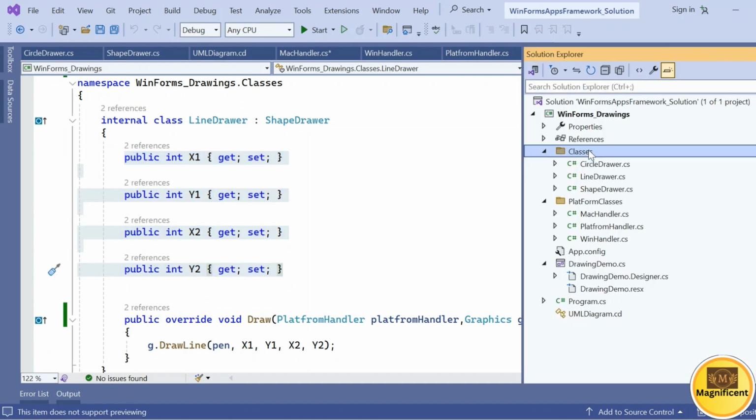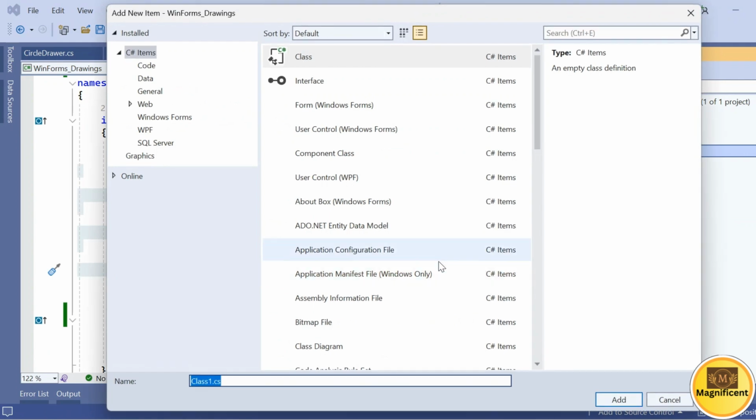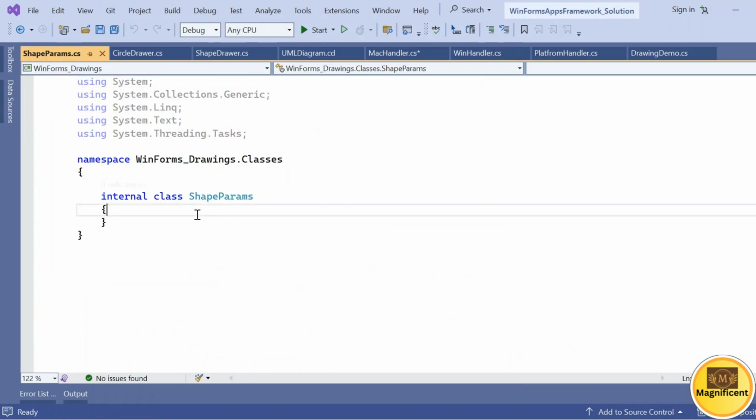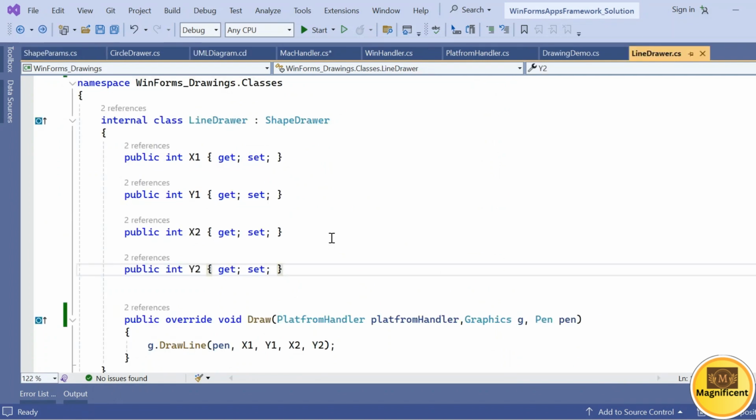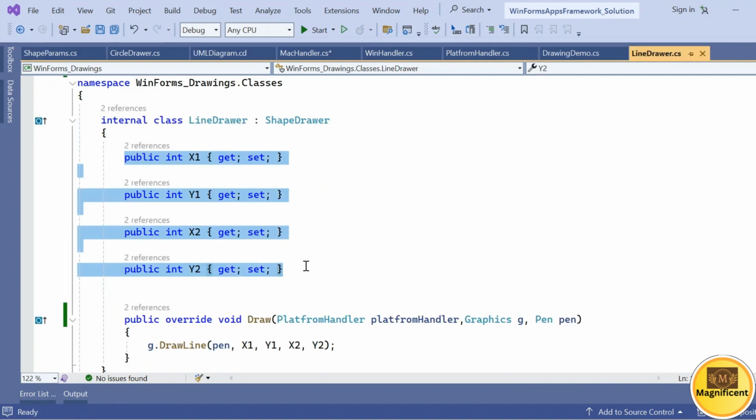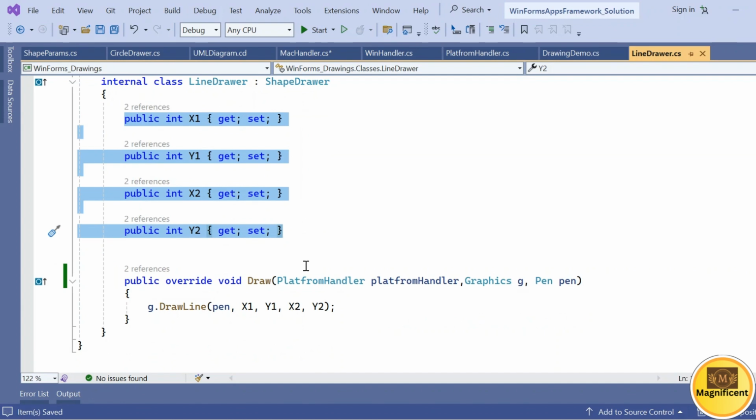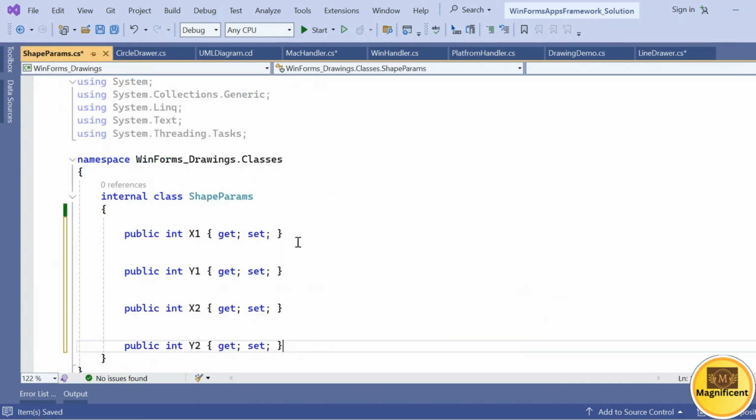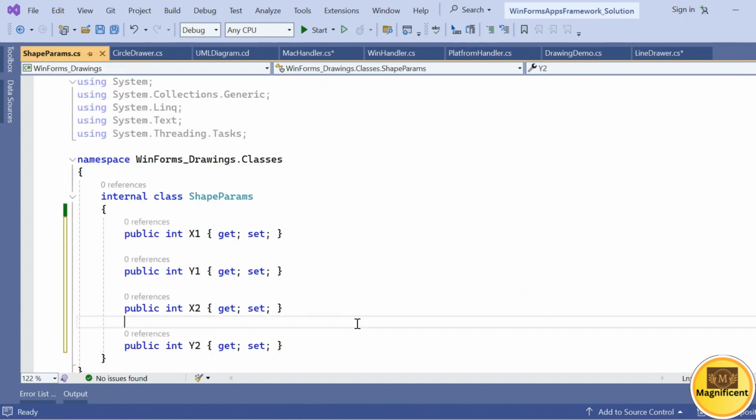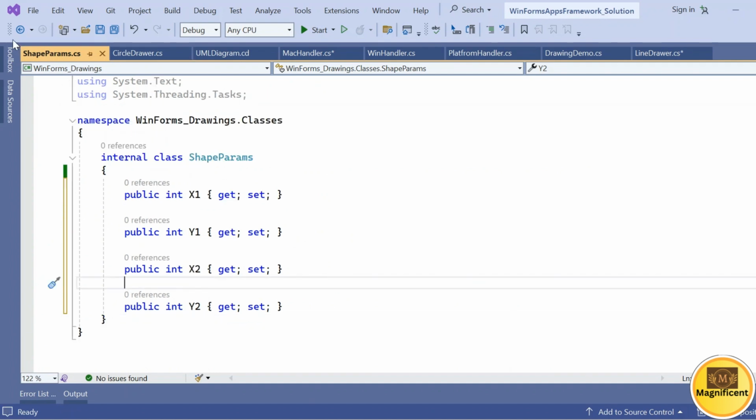So here in this drawing classes we'll add one more class called ShapeParams. For the ShapeParams, these are the shape parameters which we required. So I'll be cutting all these shape parameters from here and putting them into the ShapeParams. Now these shape parameters will get initialized